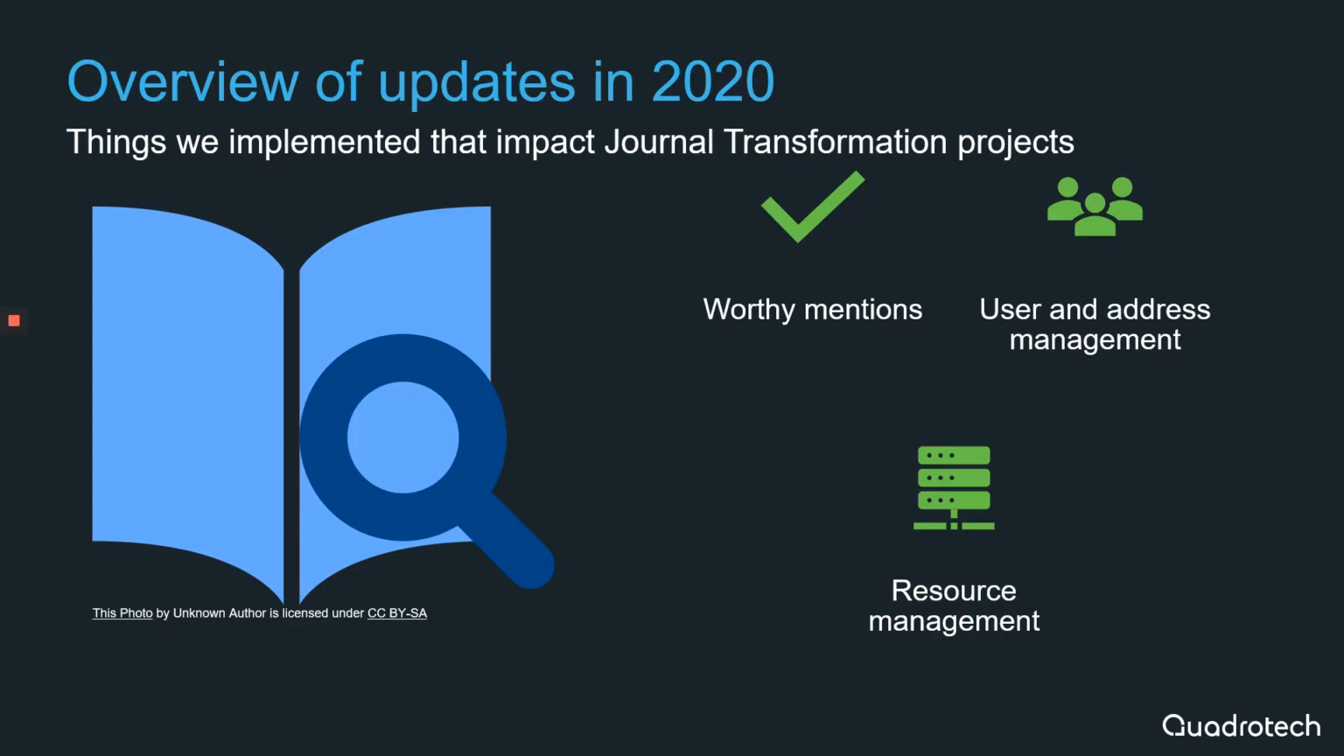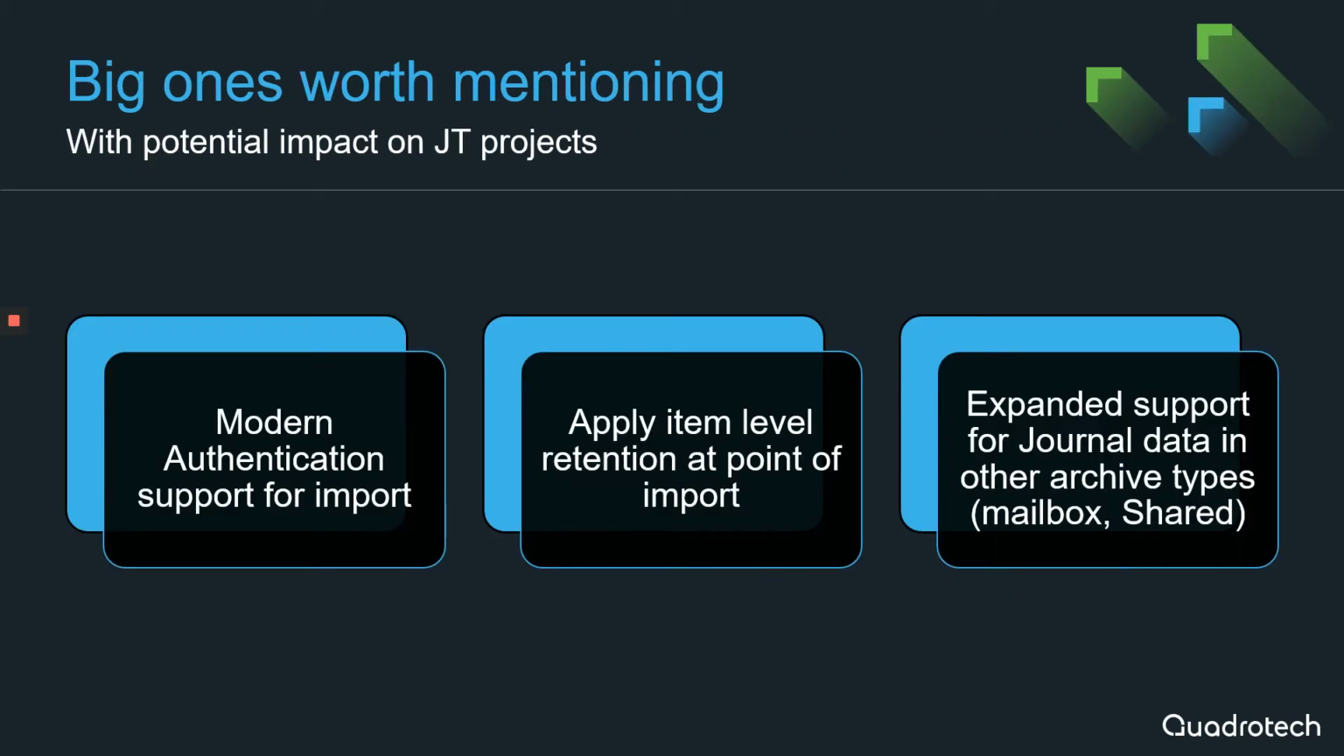A quick overview of updates to journal transformation projects in 2020: a few worthy mentions of features and PBIs that have been implemented, some substantial improvements to user and address management we'll be reviewing, and drastically improved resource utilization and management. A few things that may not directly relate to journal transformation, but impact journal transformation projects and are worth mentioning